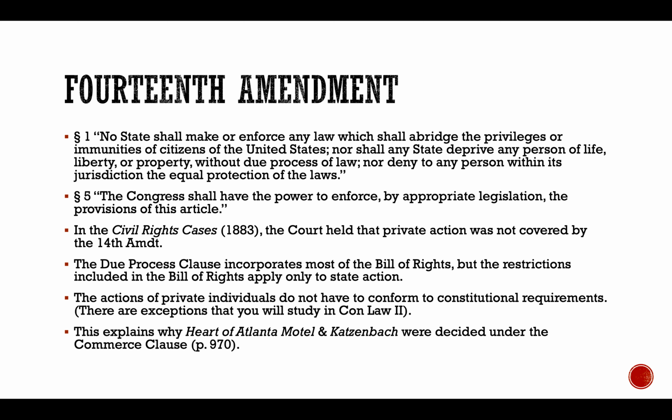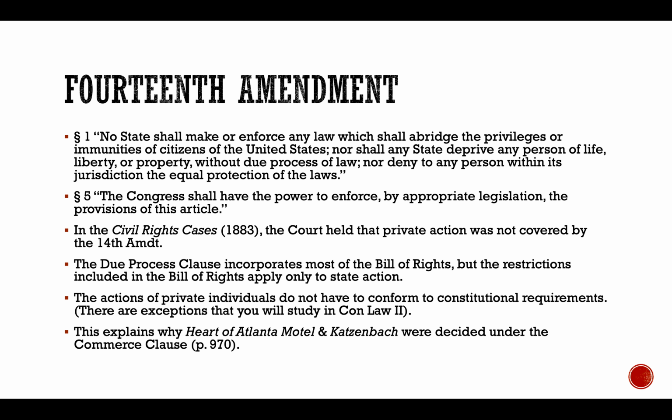Right? So one question that we had at that time was, well, why did the court use the Commerce Clause? Remember, Congress said that it was passing the public accommodations provision under both its Commerce Clause power as well as its Section 5 power from the 14th Amendment. The court said this statute is easy enough to uphold under the Commerce Clause, therefore we don't have to consider Congress's 14th Amendment power. And at the time, I think I mentioned, that might seem counterintuitive, especially since the 14th Amendment prohibits race discrimination. Why wouldn't the court have looked to the Section 5 powers rather than the Commerce power? And it's because of this precedent.